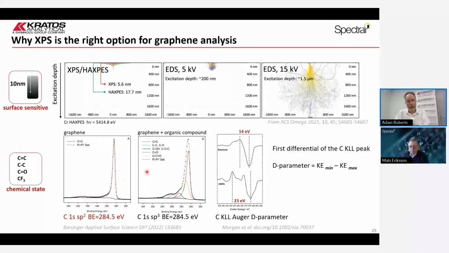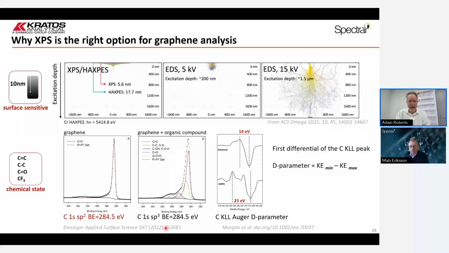But then we can also start to look at what my spectrum looks like if I've got maybe an organic compound on top or contamination. You can see we still see the graphene substrate, but this organic material on top is much more in an sp3 type